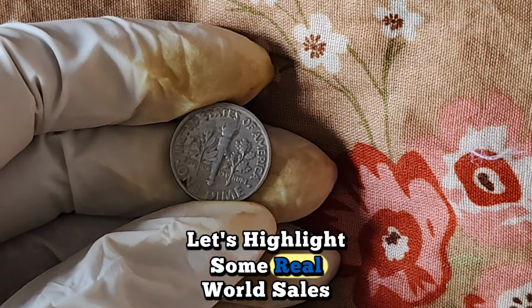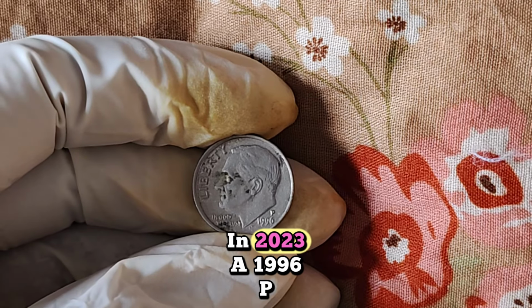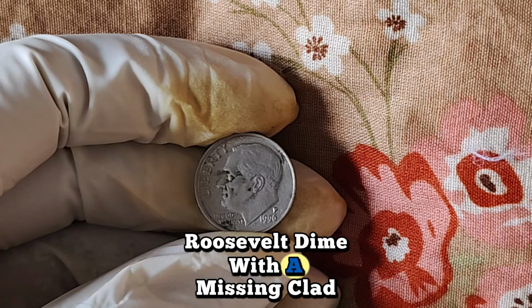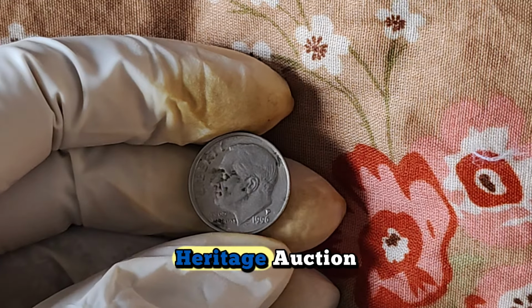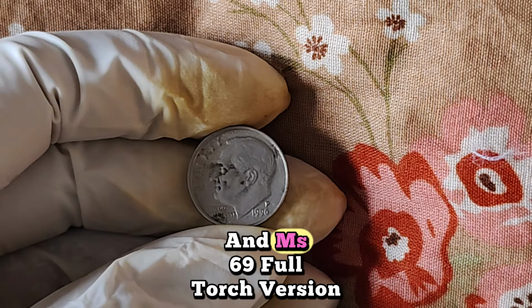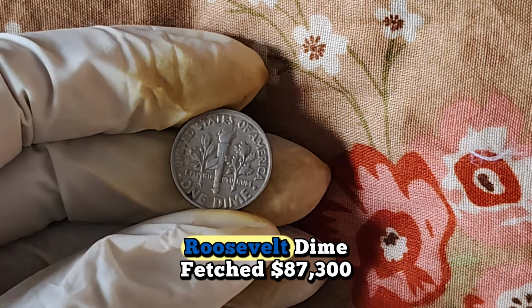Segment 5: Record-breaking sales and shocking auctions. Let's highlight some real-world sales that shocked even the most seasoned numismatists. In 2023, a 1996 P Roosevelt dime with a missing clad layer error sold for over $12,500 in a Heritage auction. In early 2024, an MS69 full torch version of the 1996 P Roosevelt dime fetched